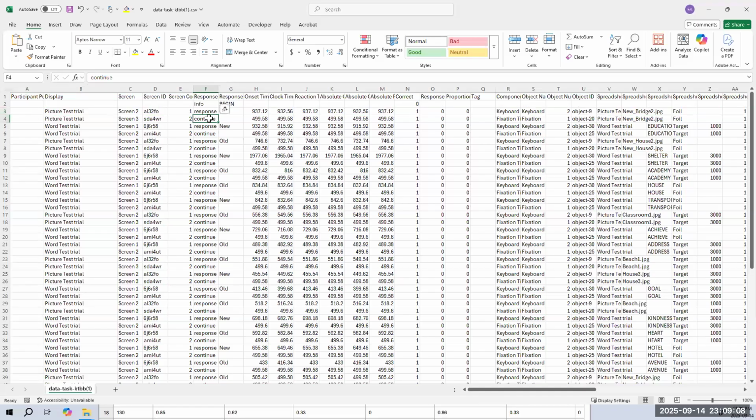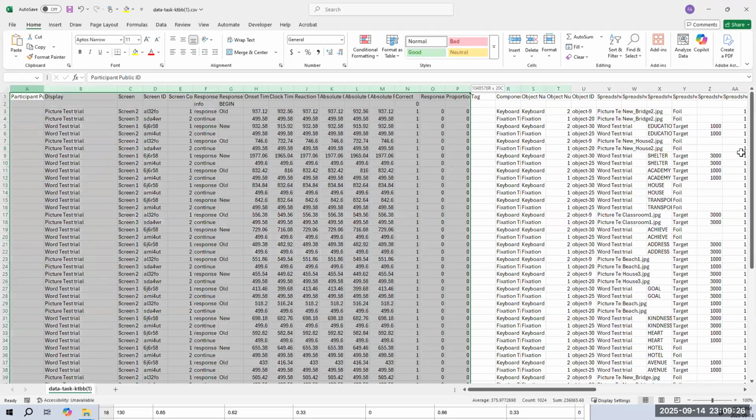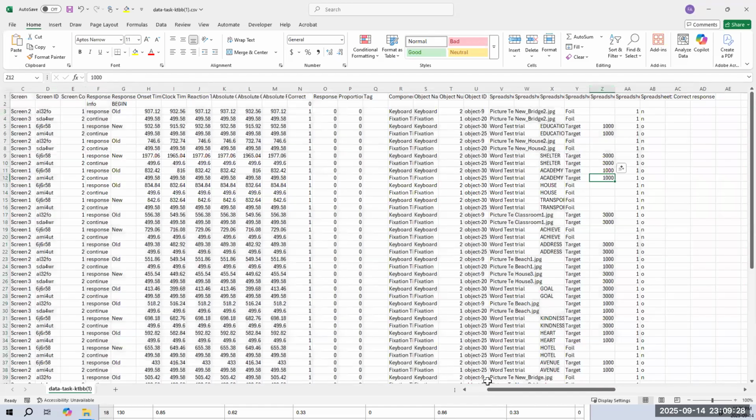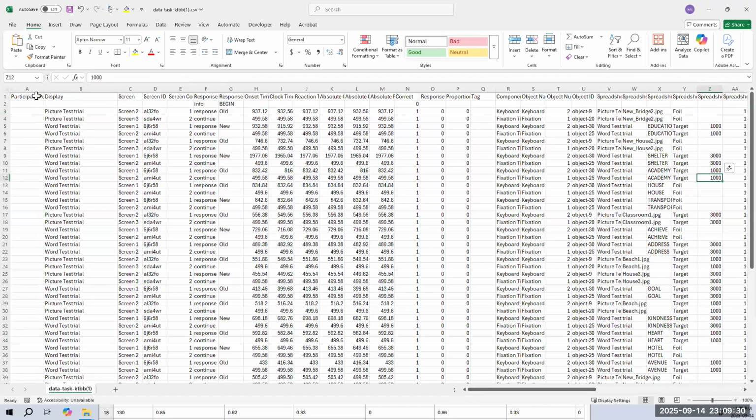We don't need the rows where there was a continue button pressed to go to the next screen. So we have old, new, old, new, old. These are the responses. These are the rows we need. So what we can do here is we can filter. So we go data, filter,